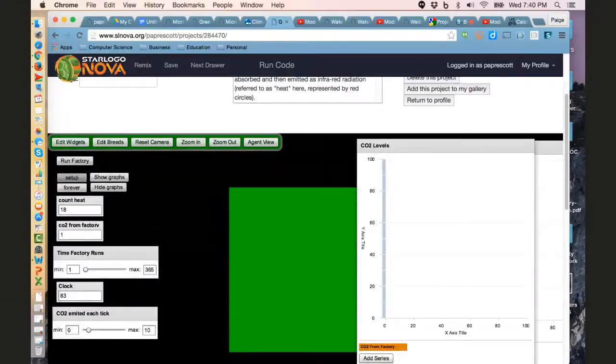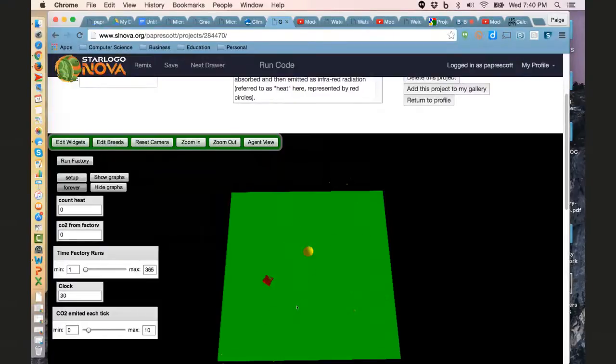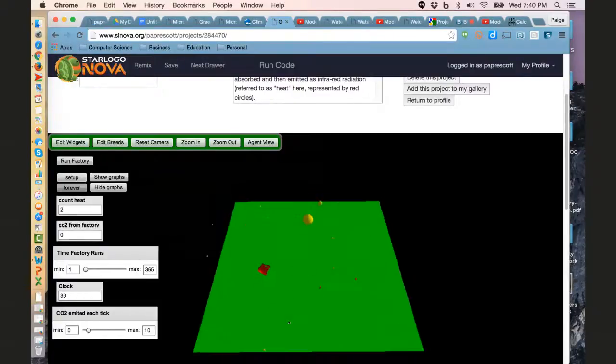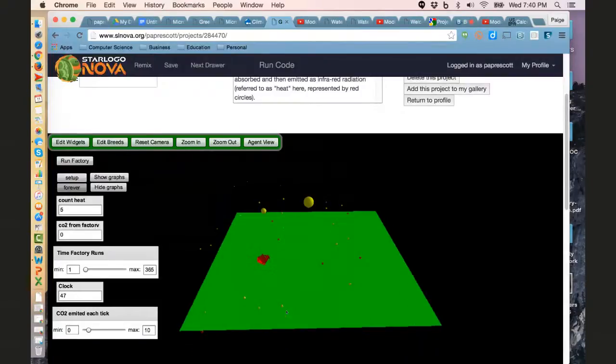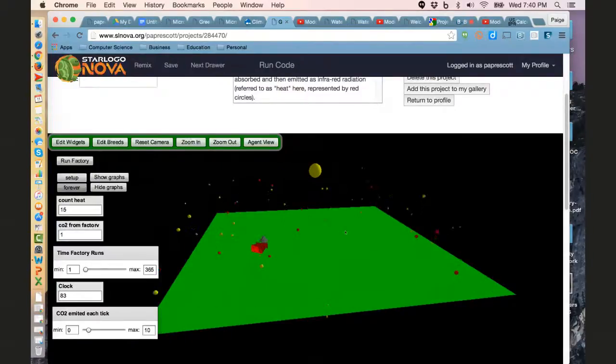Okay, so we're going to set up, we're going to hide our graph with this button here. We have forever, and we can do the Alt key and get our 3D model, 3D view. So I'm using Alt here instead of the take camera. And now we're going to run the factory, and you can see that there are these little gray pyramids that